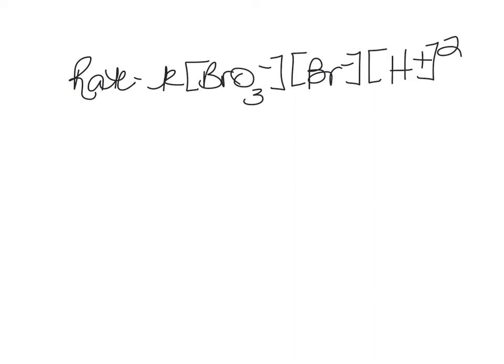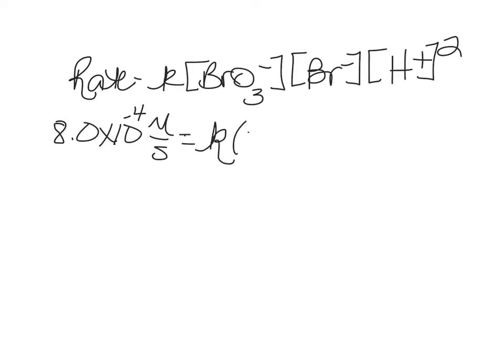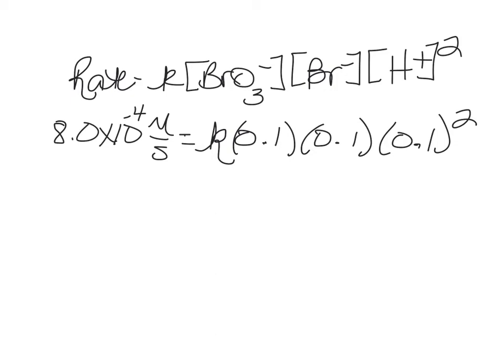All right, so experiment 1 showed that there's a rate of 8 times 10 to the minus 4 molar per second. And when the rate equaled that, the concentration of all of them were 0.1 molar. All right, so the math would be the 8.0 times 10 to the minus 4 is K, you multiply 0.1 times itself 4 times, and